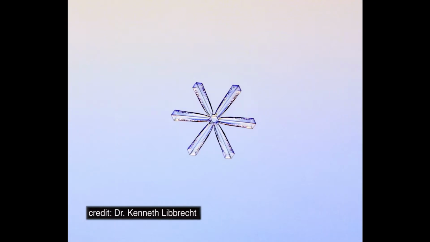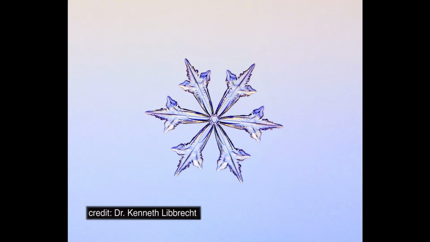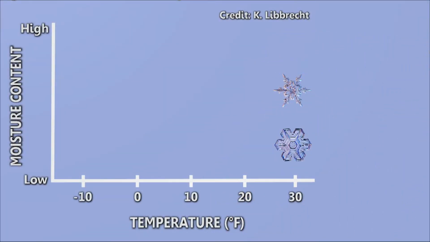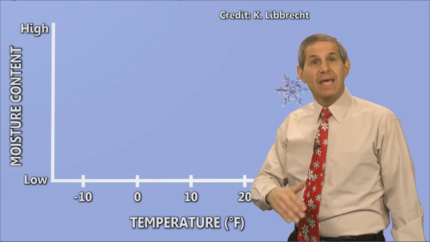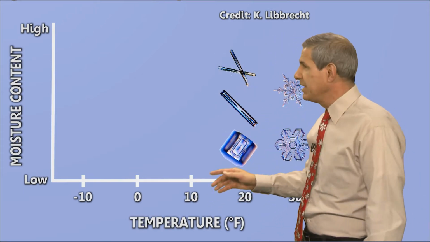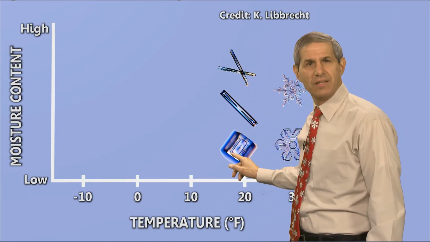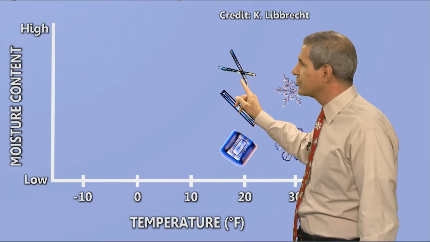How the snow crystal grows from there depends on the temperature of the air and how much moisture there is. For example, at temperatures just below freezing and relatively low moisture content, ice crystals tend to resemble thin plates, while at the same temperature but higher moisture, you get stars or dendrites. At slightly lower temperatures, snow crystals are more elongated. If moisture content is low, they tend to look like columns or tall prisms, but more like slender needles if